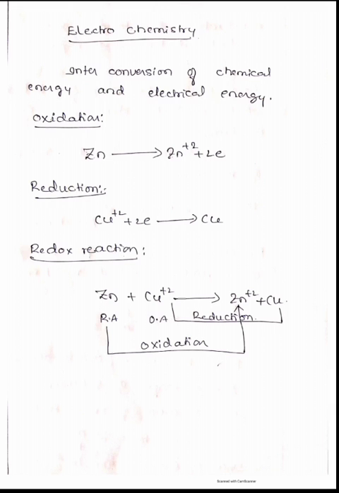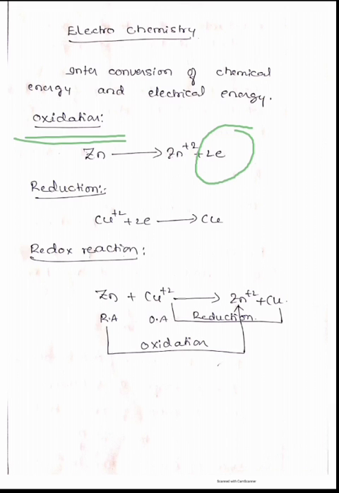So in this electrochemistry we will come across two different types of reactions. The first reaction can be taken as the oxidation reaction. So what is this oxidation reaction? A reaction in which loss of electrons will take place. A reaction in which there is a releasing of electrons. So by the substance, if electrons are released, that substance attains a positive charge. So if in a reaction one or more electrons are released, that kind of reaction can be taken as